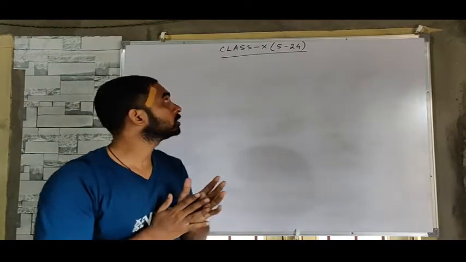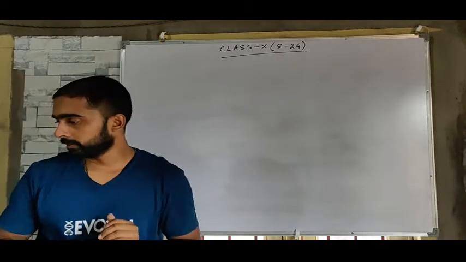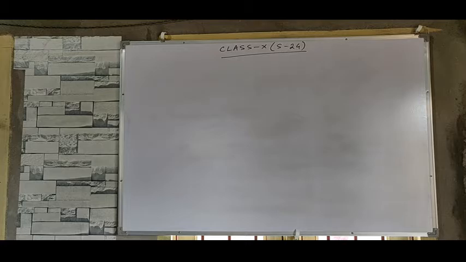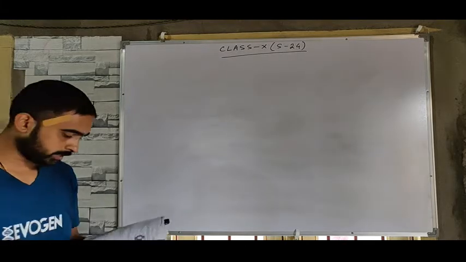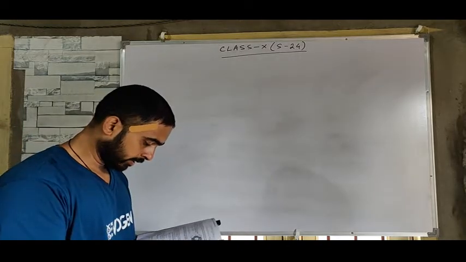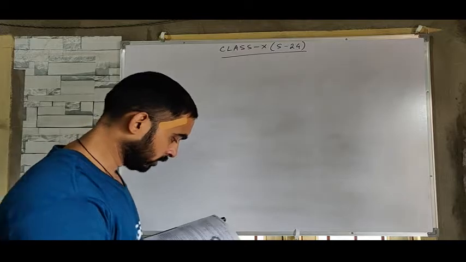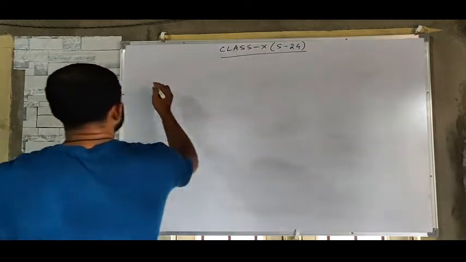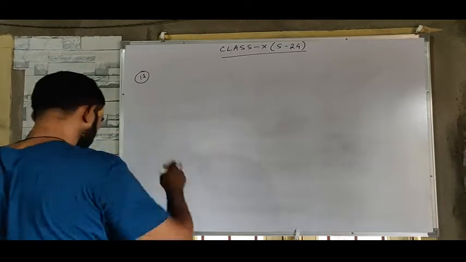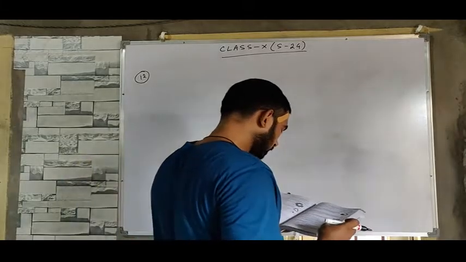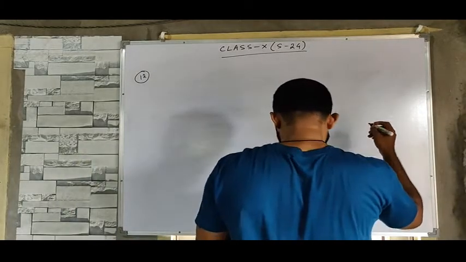Now in this session we'll do the same exercise we did in the last class. Now, next question. So what is the next question? The next question is a diagram is given there. So we have to find the area of the shaded portion which is given. Yes, that is question number 12. So what is the question? First of all, we have to draw the diagram.